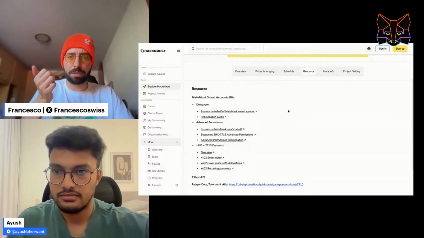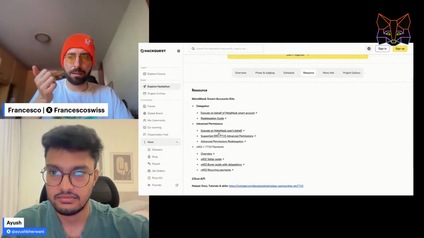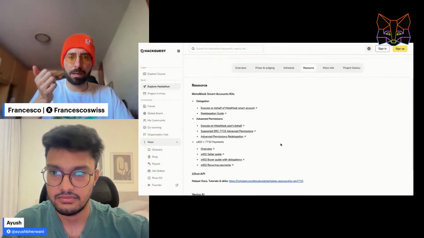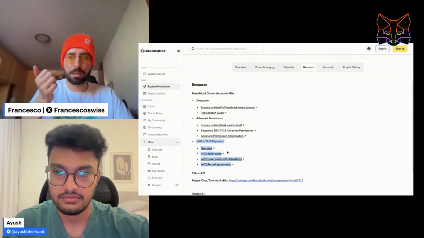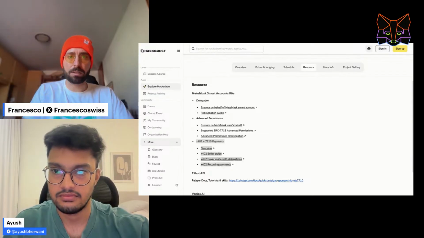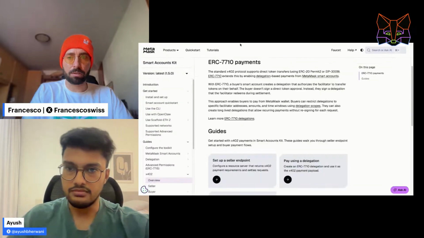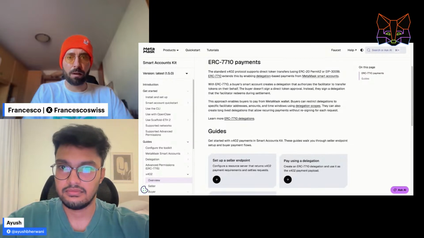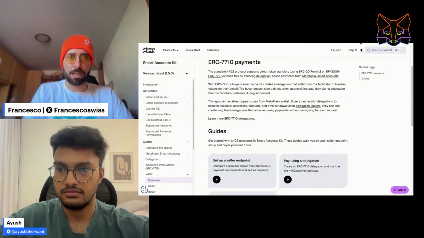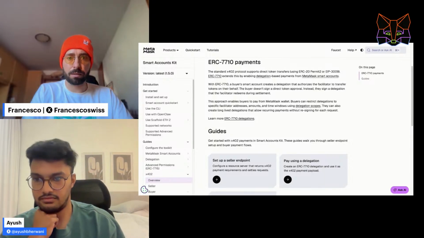I really like the resource map in the hackathon, where you can see all the x402 and 7710 payments. You have both the overview, and this redirects to the docs. I don't know if you want to share. So x402 payment here, and we can share this one also in the chat. I really like also the seller guide, the buyer guide, and the recurring payments.